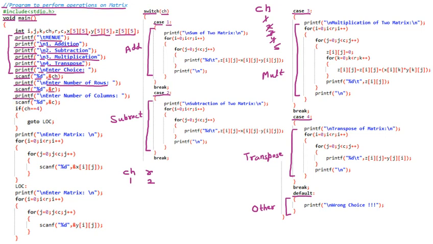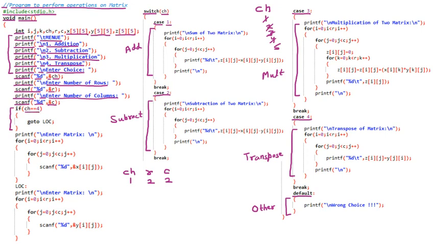Then printf \n, so new line, enter number of column. So now on the user screen there is a message, enter the number of column. Then scanf asking from the user, %d integer value at the address of C. So for the number of columns, we are assuming that rows are 2, columns are 2. This is the case which we have taken only for choice 1, but if the choice is 4